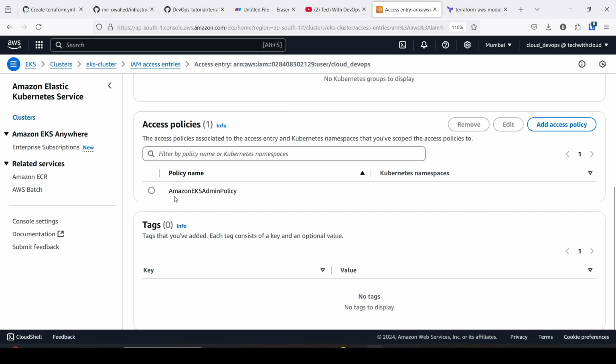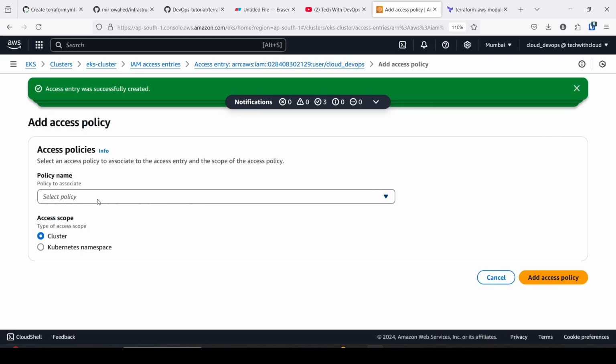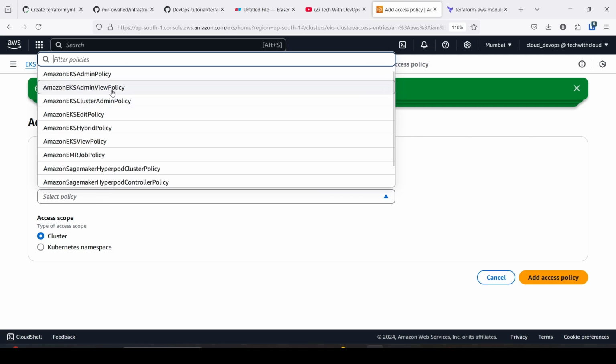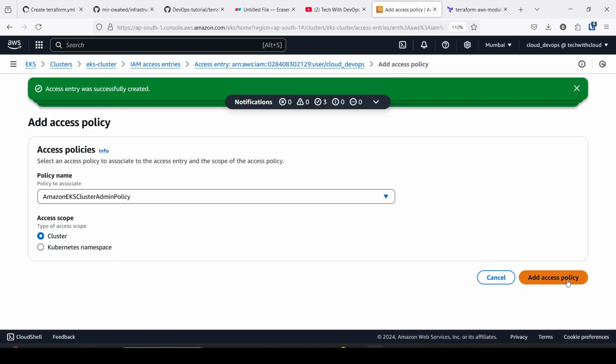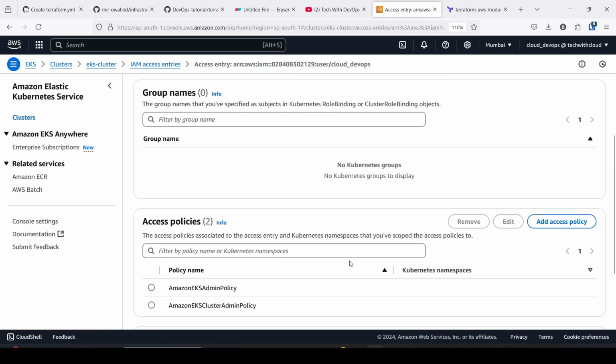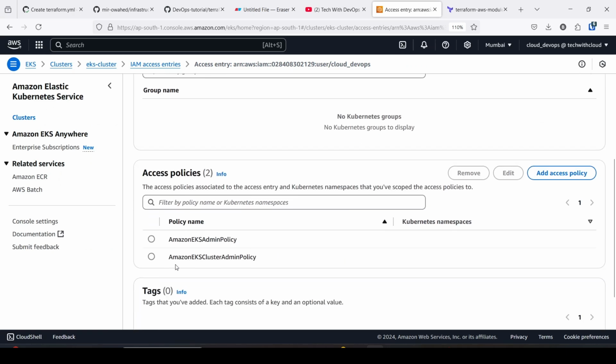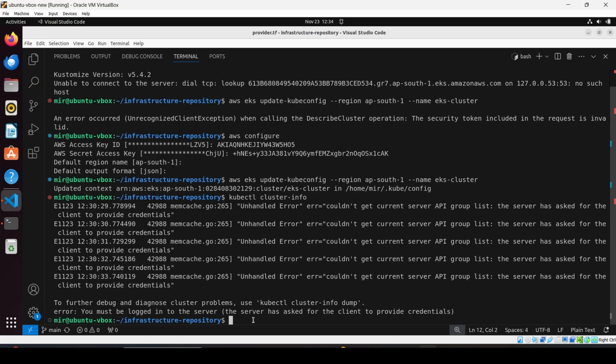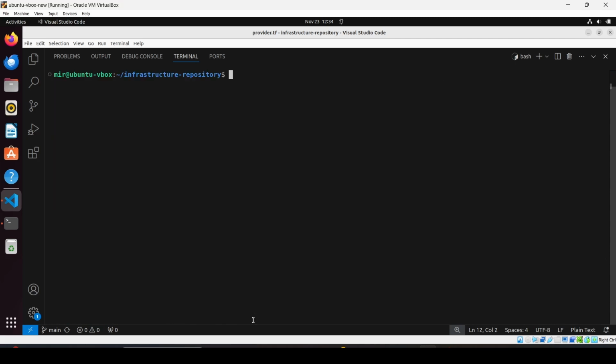Okay, you can see the Amazon EKS admin policy is added. Another policy we have to add. Select the EKS cluster admin policy and add access. Okay, two policies added. Then go to the terminal, clear the screen, and here you can put kubectl cluster-info